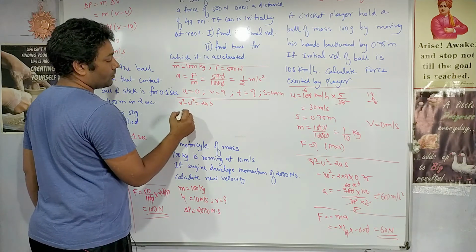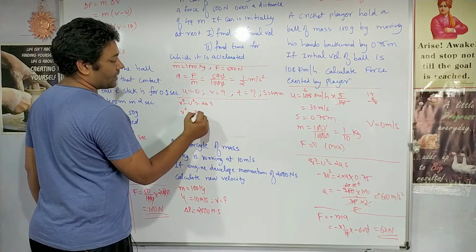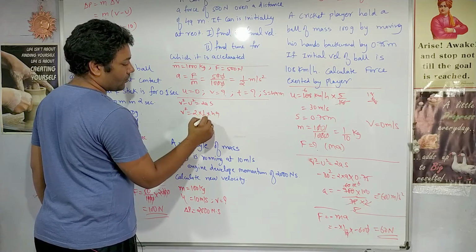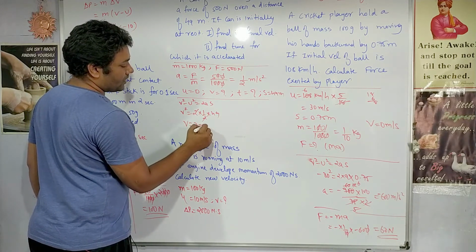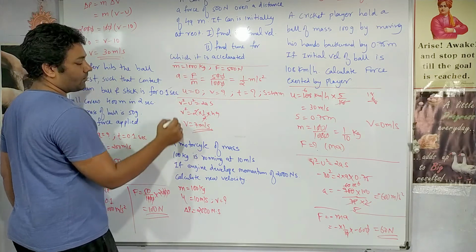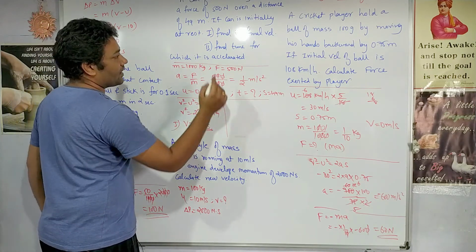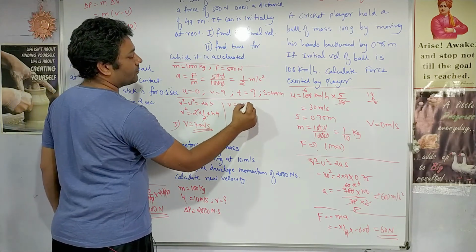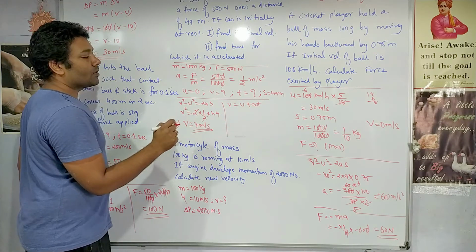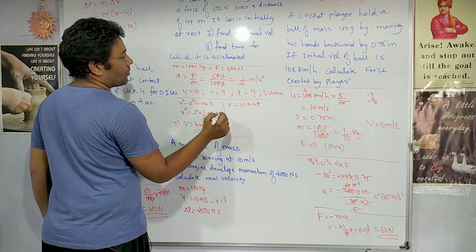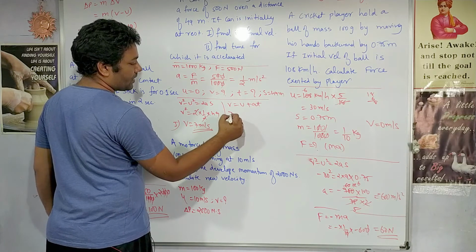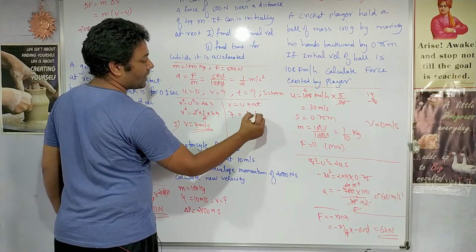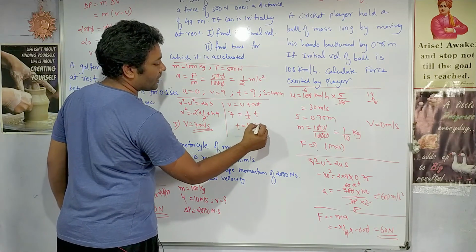2as, v we do not know, right? u is 0, acceleration is 1/2, displacement is 49, so final velocity is 7 meters per second. So we got the first answer. Second answer, time for which it is accelerated. Another equation of motion we use, v is equal to u plus at. We know v is 7, u is 0, acceleration is 1/2, and time will be 14 seconds.